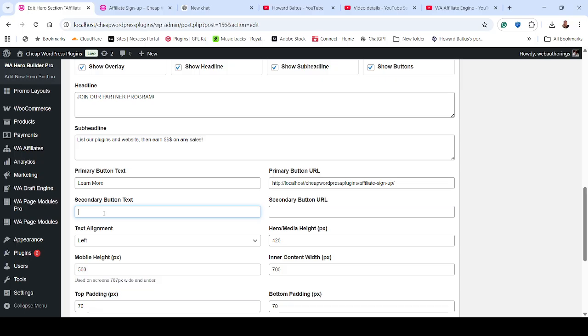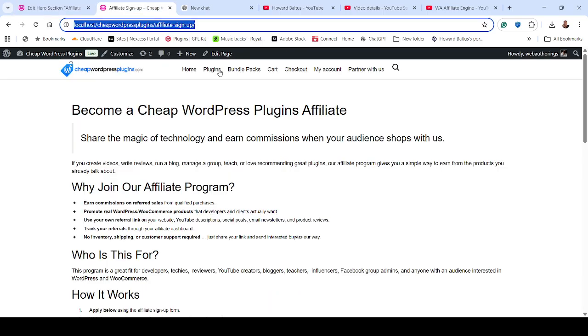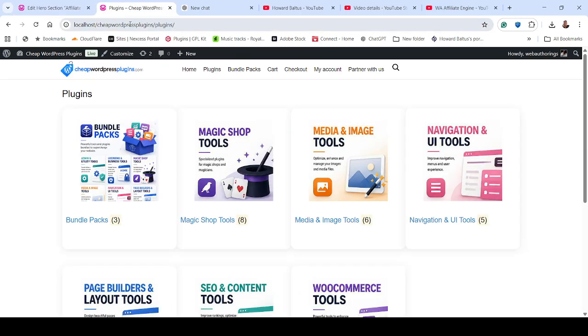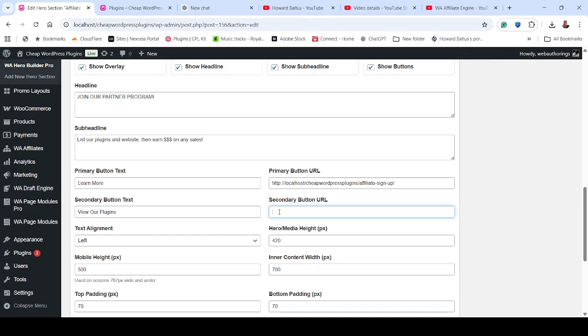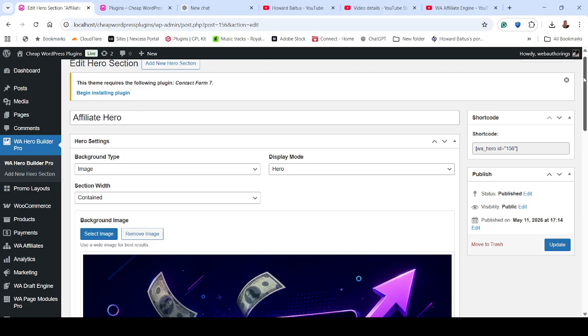Let's do this. View our plugins. And then I'm going to get the link to where my plugins are. You're not seeing me do this, but I'm doing this. And now I'm just going to paste this in really quick. I can go back up, hit update,